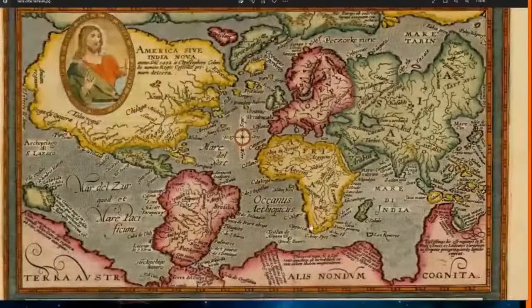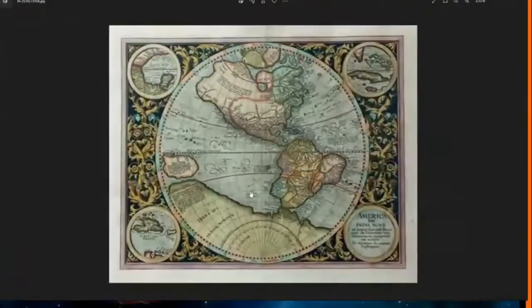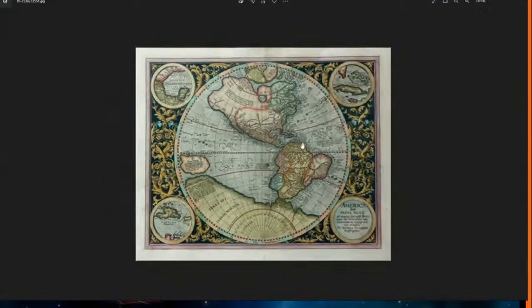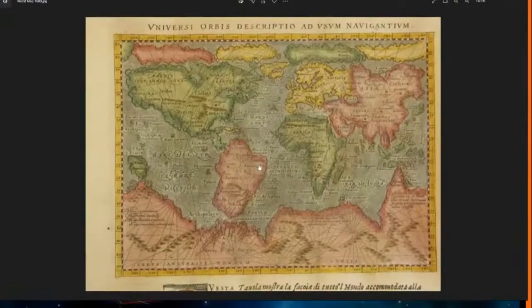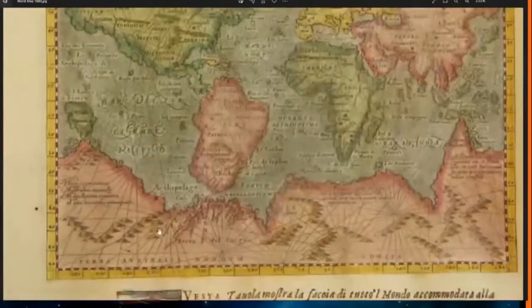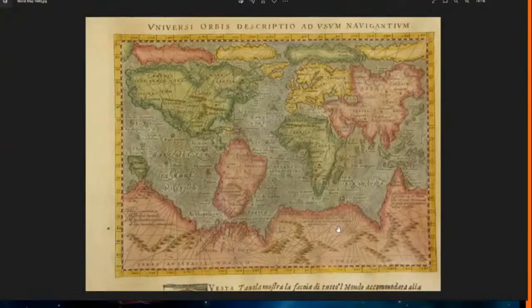It's very strange, but you can just see the shape of a lot of these continents is different to what we're showing today. And of course, Tartaria. Same again, continents up the top, massive amounts of land shown at the bottom. And this is South America. Look at the shape of it. And this is the thing, a lot of these look like this, well, not this one, but the ones that they try and turn into globes. But again, all this land, and again, doesn't look like it's covered in ice. It must have been some giant catastrophe that messed everything up for that much land to be there,